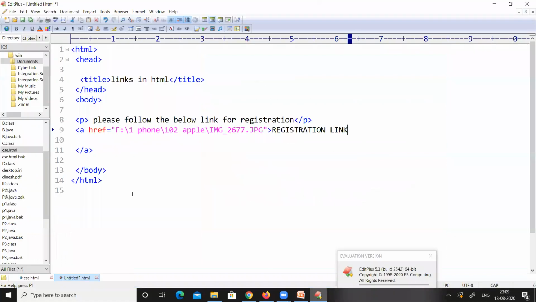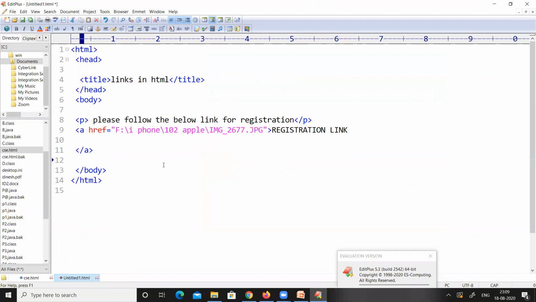So the three sections of the anchor tag: first is the link which is to be opened, then the text which should appear as a link, and then the closing tag.